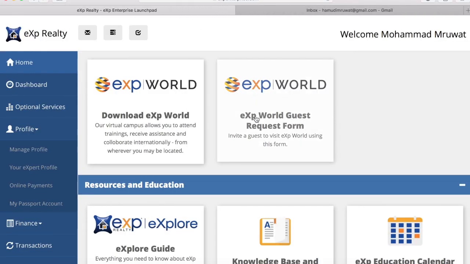So if you've already logged in using the guest pass previous to fully onboarding and getting your passport within eXp, I definitely recommend to uninstall the guest pass and download the eXp World. When you first log in, it's going to immediately take you to a room to actually dress your avatar, and that should be the only time that you have to do that when you first initially log in. There is a way to change it later, but it's going to make you set that up the first time